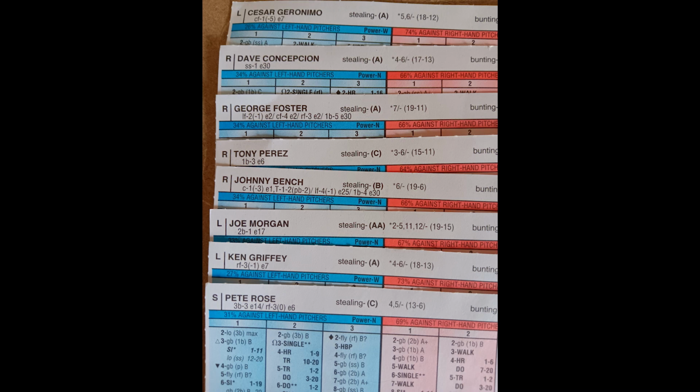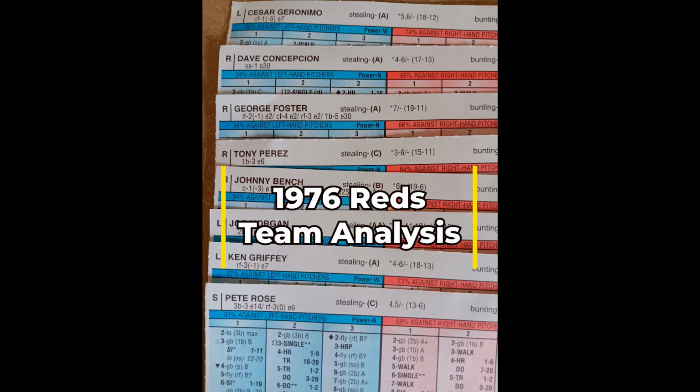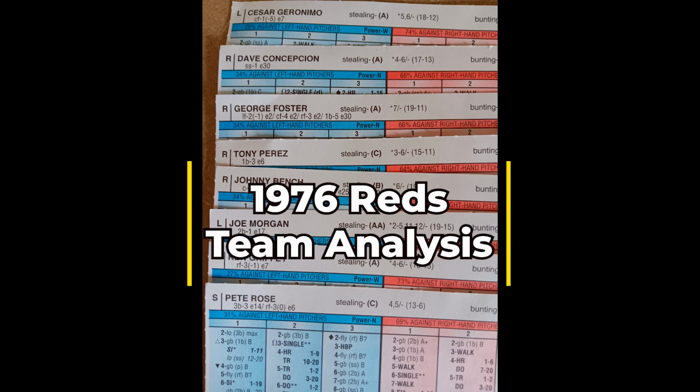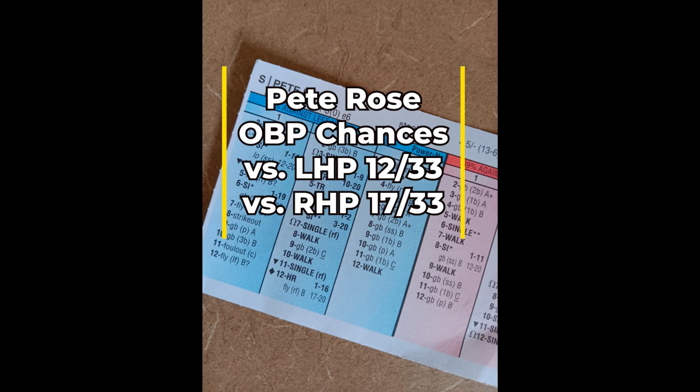Okay, review time. This will be on the 1976 Big Red Machine, so let's get right into it. Going to get started with showing you leadoff guy Pete Rose, his on base chances. You see very good numbers right there. I wish the number was a little bit higher against lefties, but that's still an acceptable number and an excellent